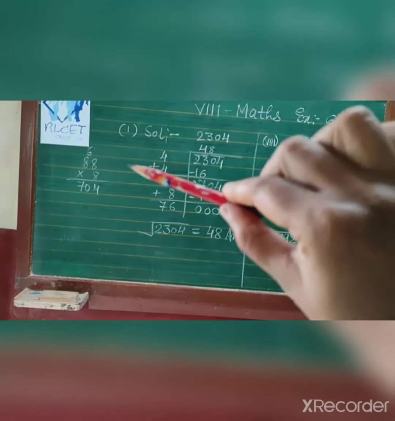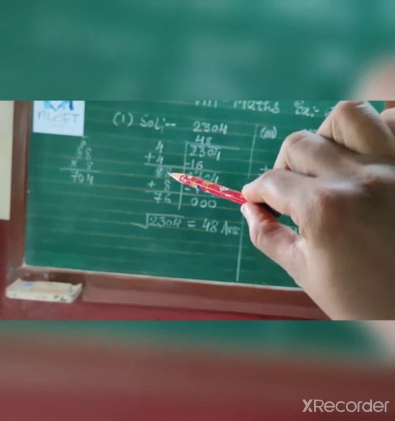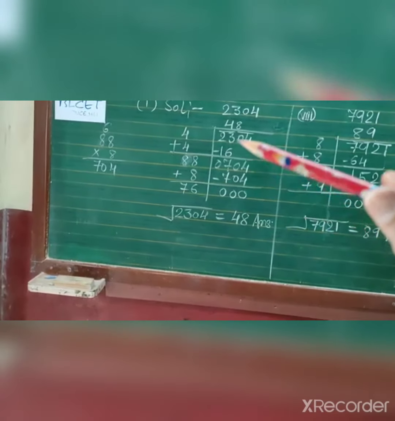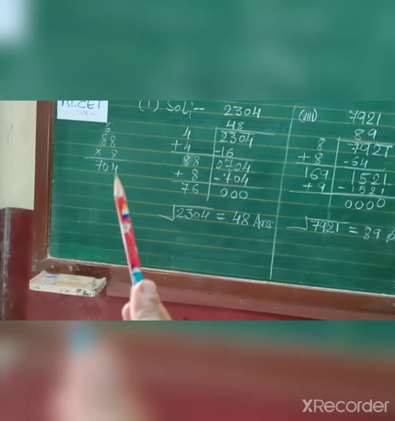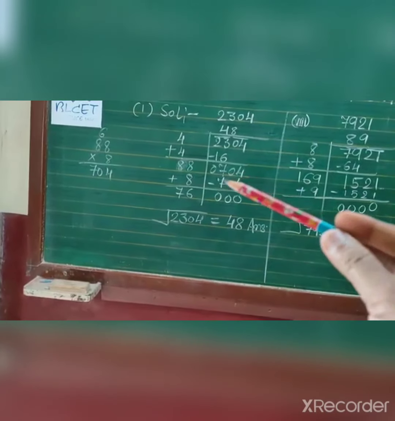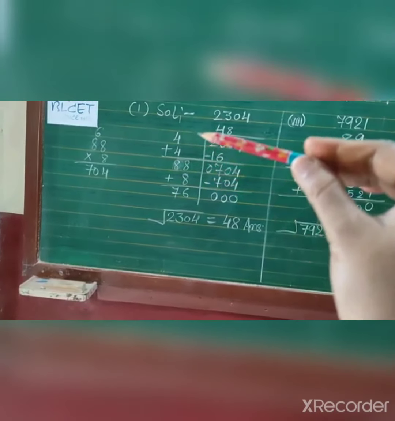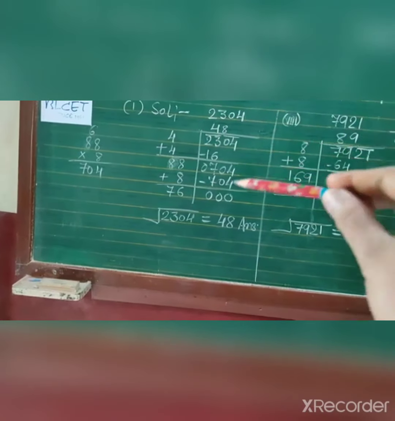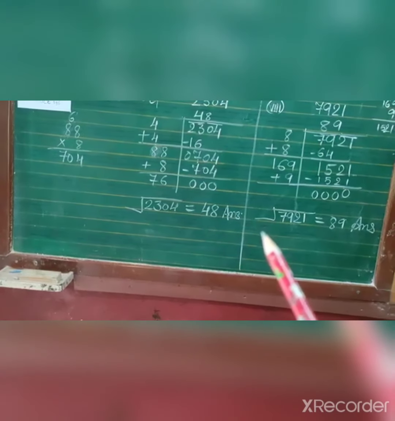Now 04. When you multiply, this 8 is already here, but you multiply 1 1s are 1. So 8 is there, so you have to multiply this with 8 also. In this way, 2 2s are 4, 3 3s are 9, 4 4s are 16. In this way I have calculated. So 88 multiplied by 8, we are getting 704. So 8 we have to write here, then 8 here. I have written it, but in the textbook it is not written. No need to write, only keep in your mind, but you can understand in a better way. That's why I have written here. So the square root of 2304 is equal to 48.